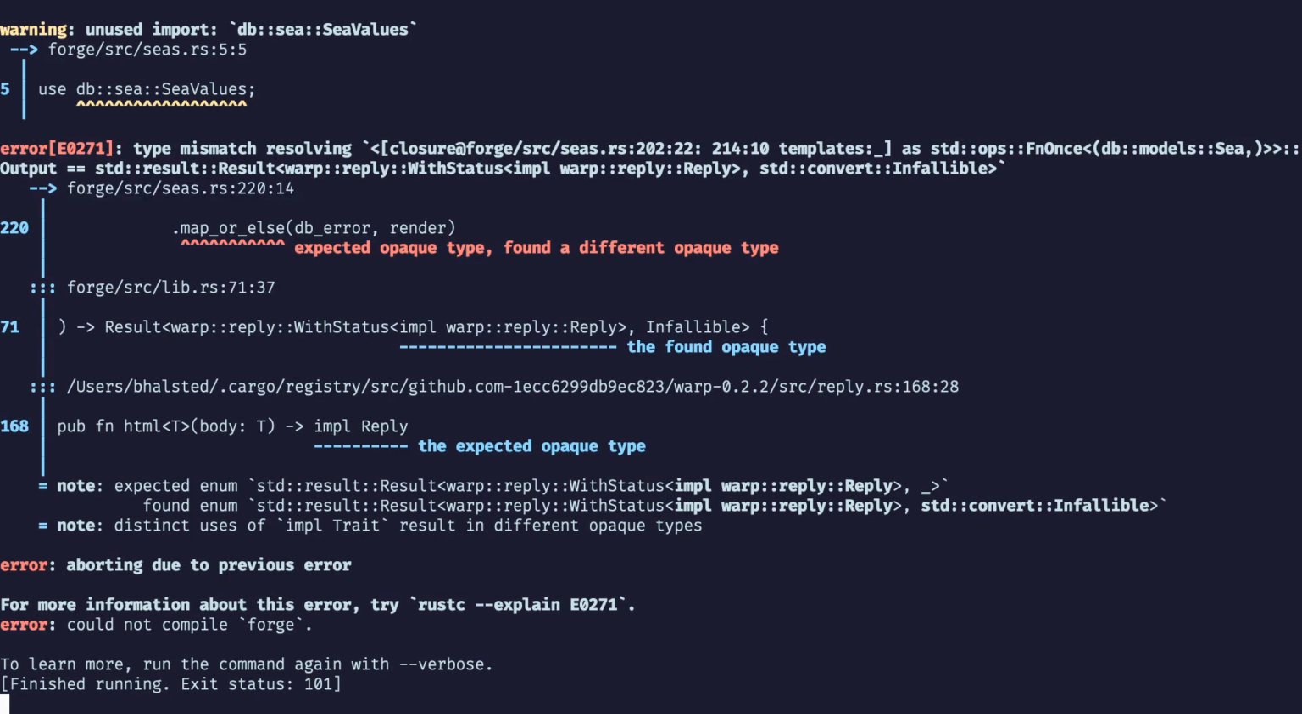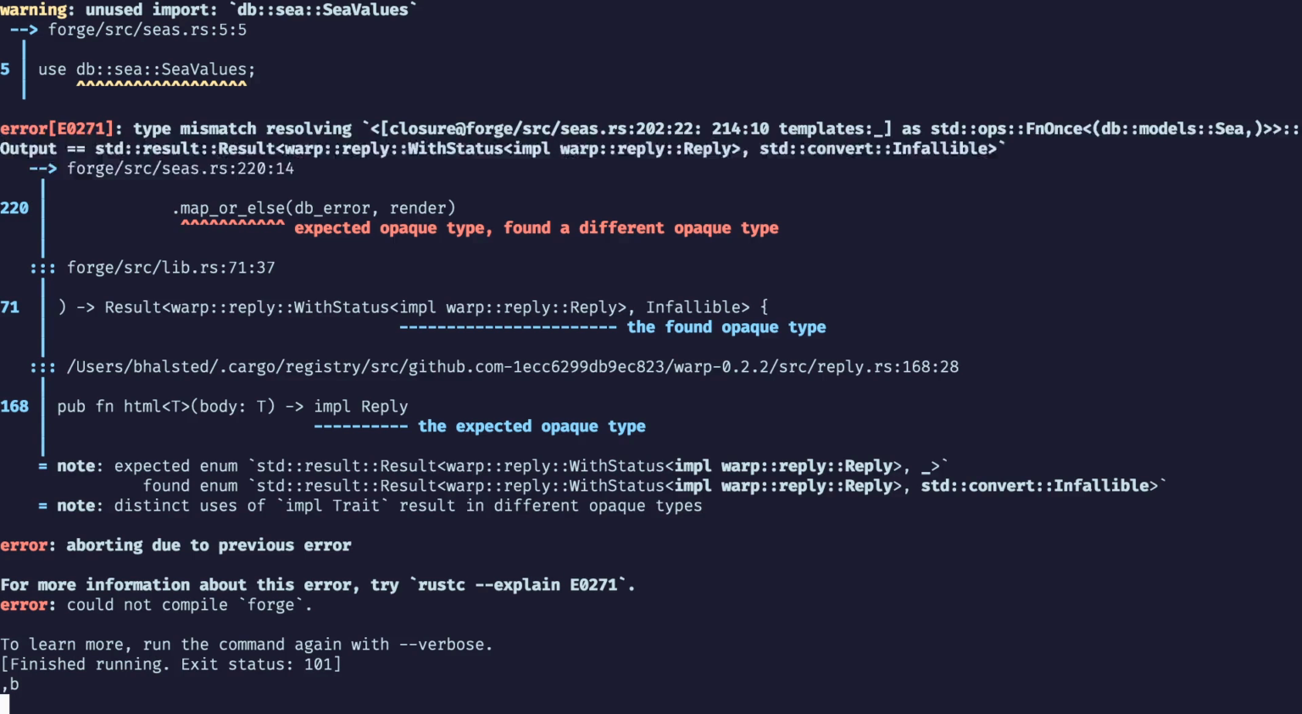Oh, distinct uses of infiltrate results in different opaque types. Today I learned. Makes sense. All right, where are they coming from? One is coming from impl reply. The other one's coming from